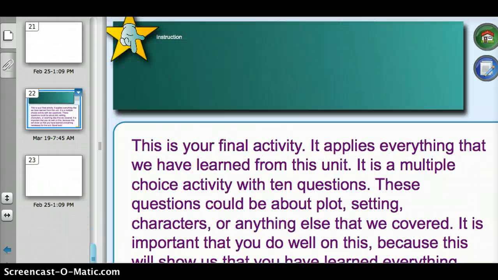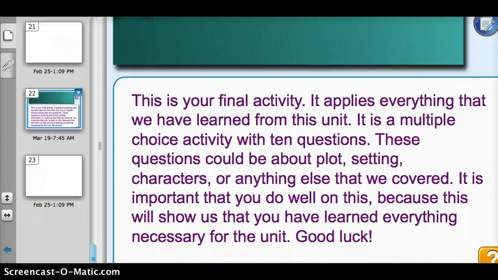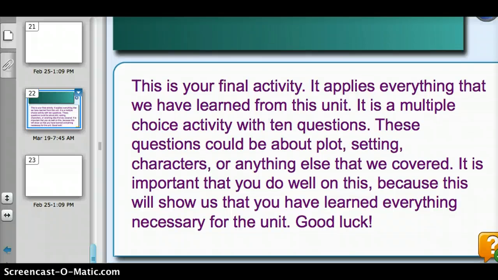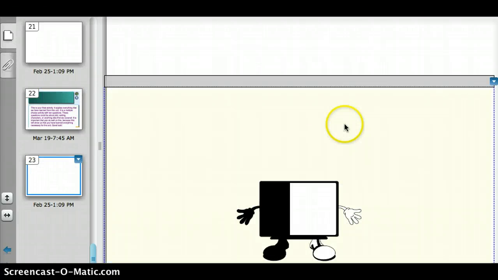This is the instruction page for the last activity. It kind of wraps up everything that the students have already learned from all these previous activities in a sort of post-test quiz. They won't be graded, but it'll just give the teacher some information about how much the students have picked up on and learned from the activities they've done. So you'll go to the activity page,